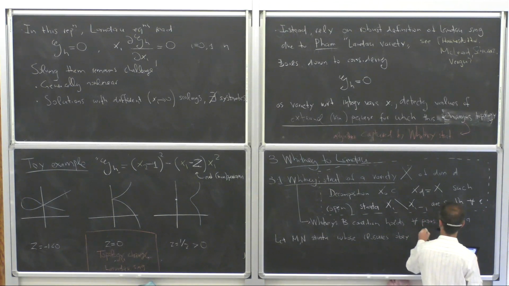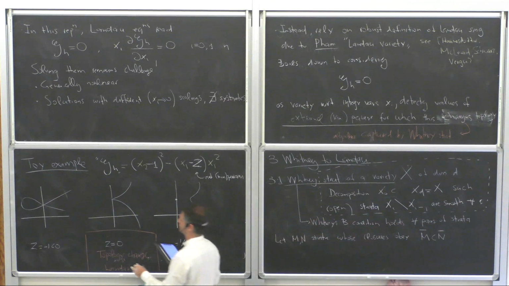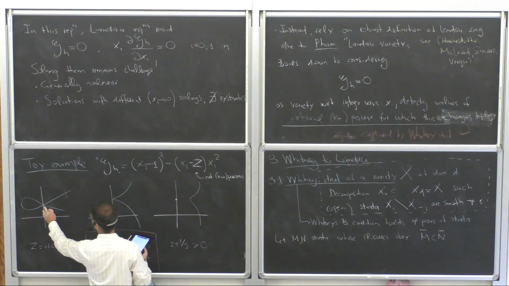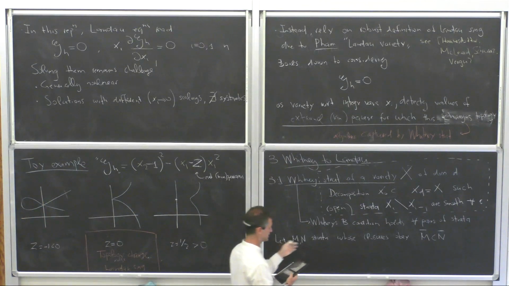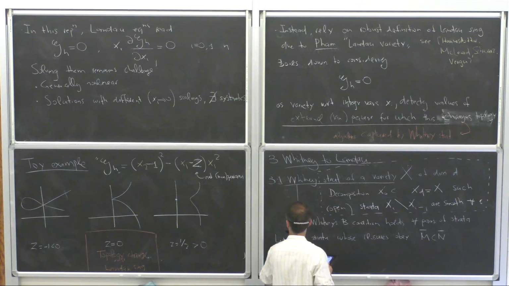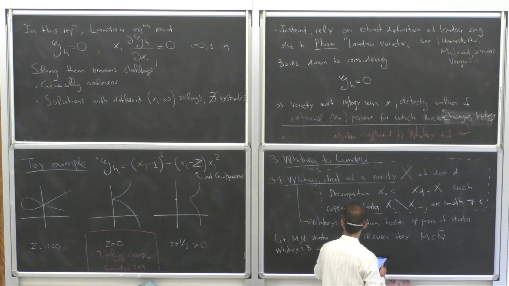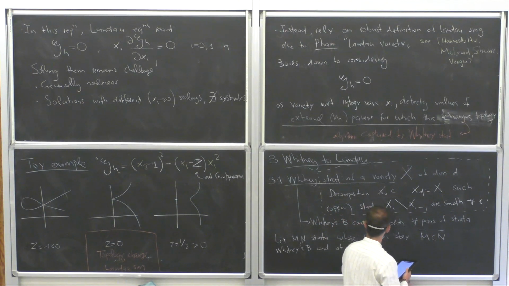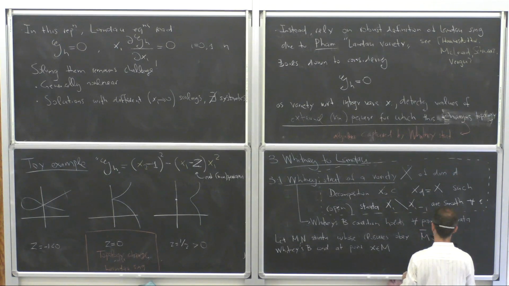And let's say that the closure of M is contained in the closure of N. So, okay, if you remove this point, then you can consider the closure of the part on the left and so on. Then Whitney's B condition at a point X inside M, so the smallest of the two strata, with respect to N, so it is discussed pairwise, is satisfied